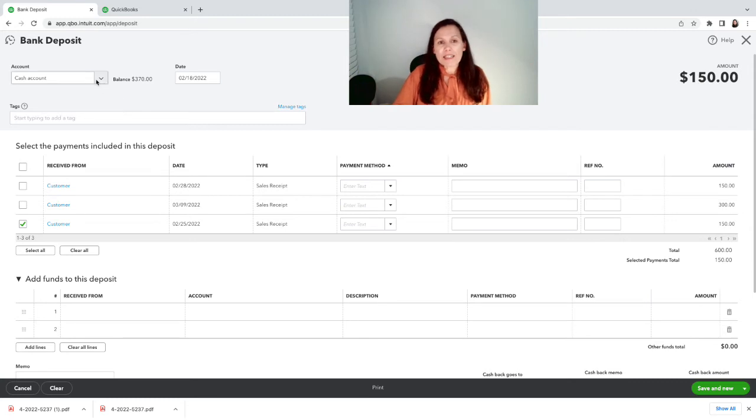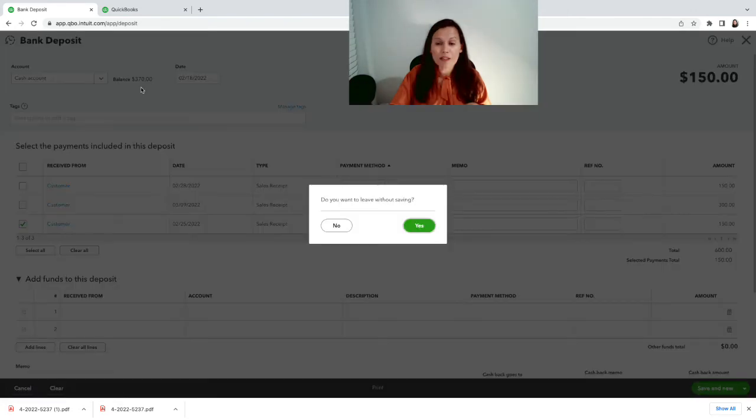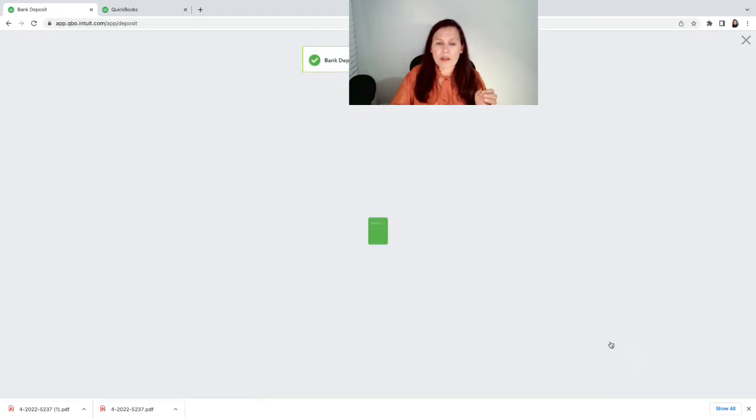Okay, see that where it says account, it says cash account, but I was supposed to send it to the checking account. So this is a very common mistake. So how can I change that? Now, if I just recorded the deposit, see the counterclockwise arrow on the top left hand side? You can click there, and the last deposit that I just did will be right there. If I click on it, it's gonna open up, and I can correct it right from here. So click on the arrow, checking, record the right account, and save and new, because I still have more stuff